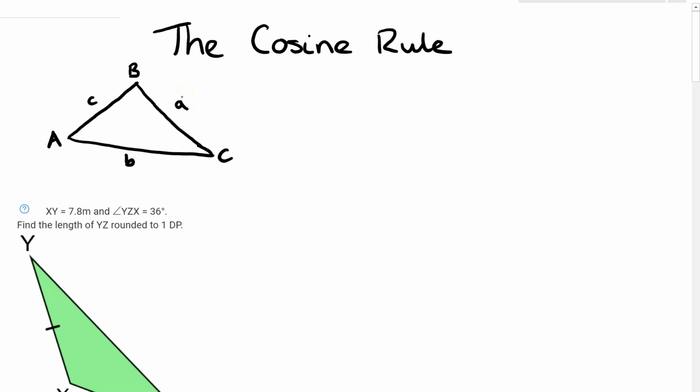You'll see on some other websites, if they start doing things on the cosine rule, they start moving letters around within the formula. That is just so confusing for a lot of people. It's far easier just to move your corners around to where you want them to be to make the formula work. The formula is, and it's one you're supposed to remember, that a squared equals b squared plus c squared